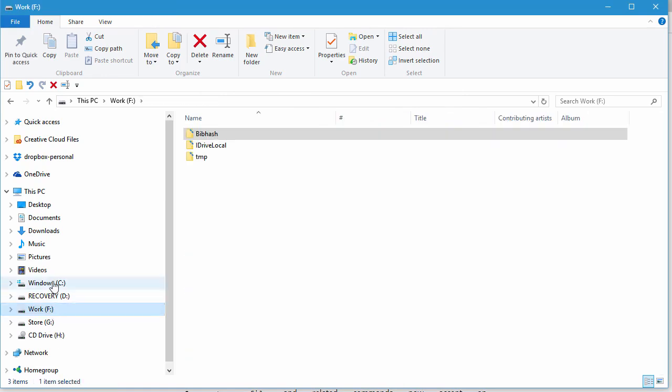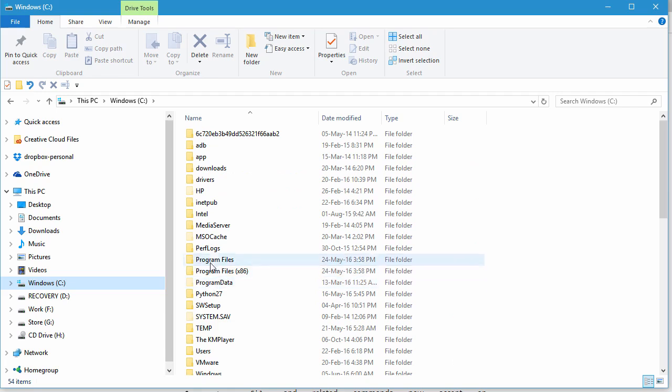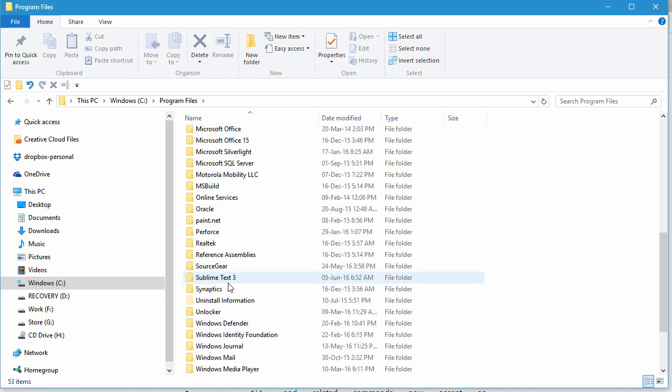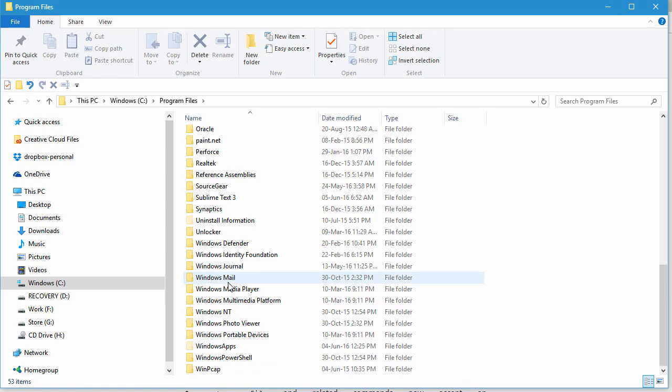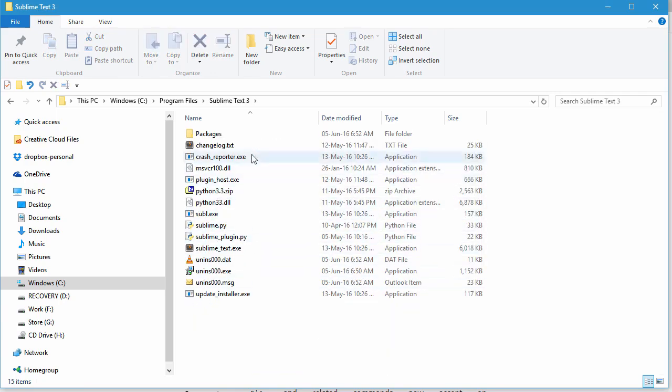So now let's head over to the C drive and you can see we have the program files here. So as I was telling, this is the program file x86. So this is for 32-bit software. So normally here it is installed in Windows. So since our Sublime Text was 64-bit, we got it installed in the program files directory. So you can see here the Sublime Text 3. So let's click on it and you can see all the binaries here. So this is the default installation path for Sublime Text 3. So this is the executable that we'll be using,